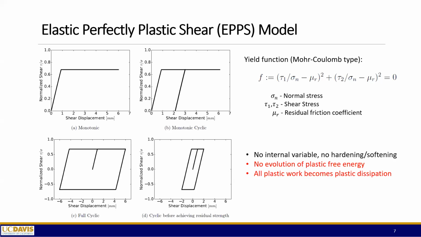So in this particular model, we assume that there's no internal variable, no hardening or softening. That means there's no evolution of plastic free energy for this model. So that also means that all the